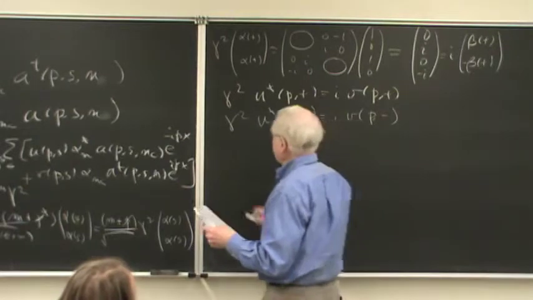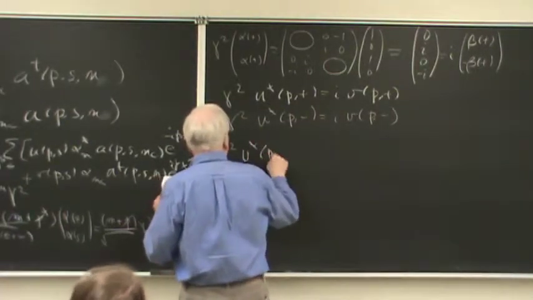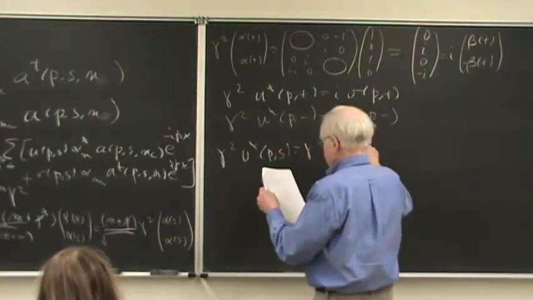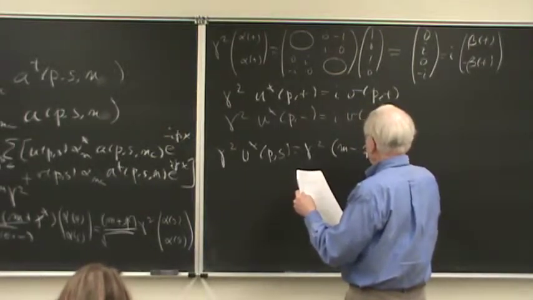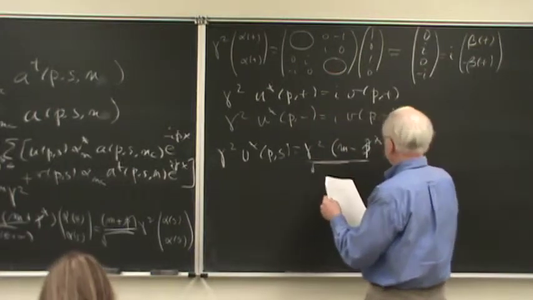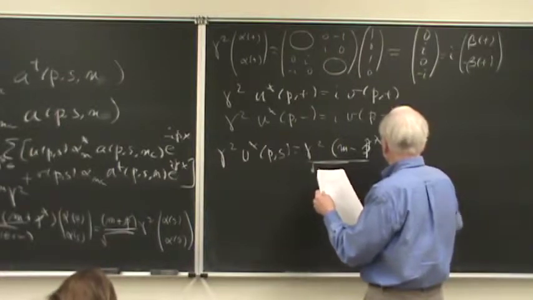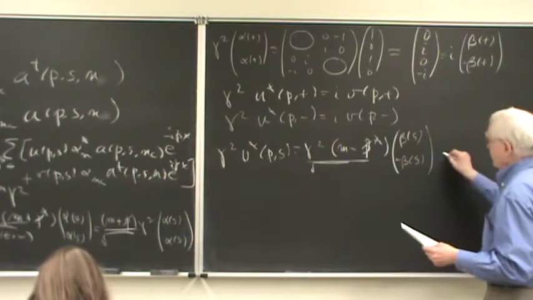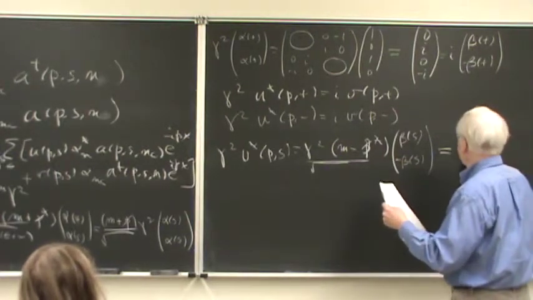Okay, now what about the anti-spinors? Gamma 2 V star of P and S. Well, this is gamma 2 times (M minus P slash) star over the normalization. I'm just going to write the normalization as a square root. Beta of S, minus beta of S. And once again, the gamma 2 comes through and removes the star, and so we have M